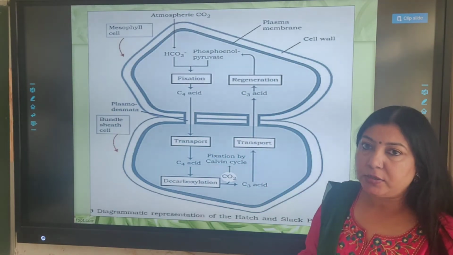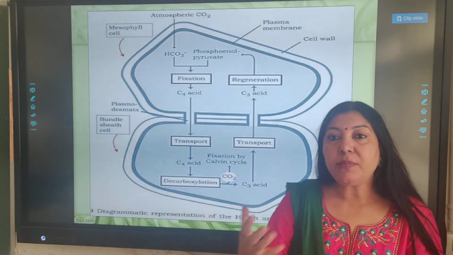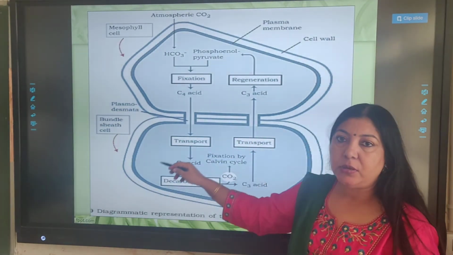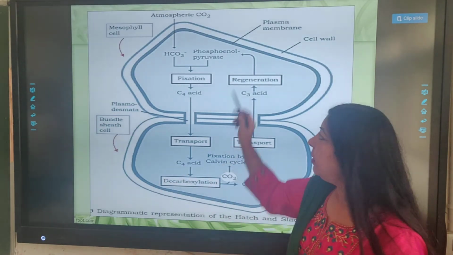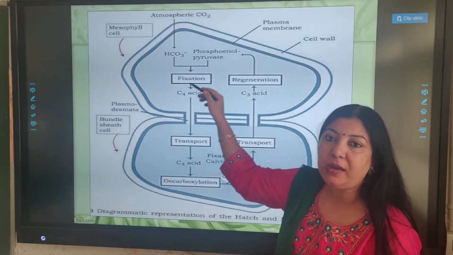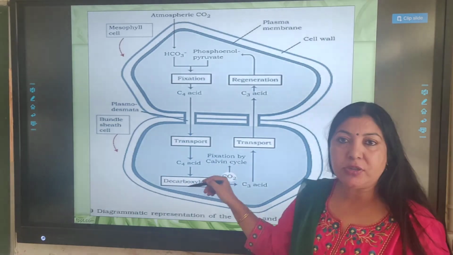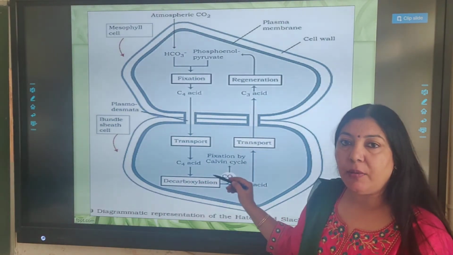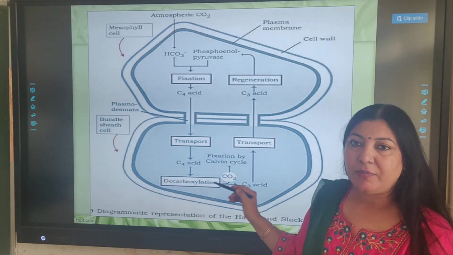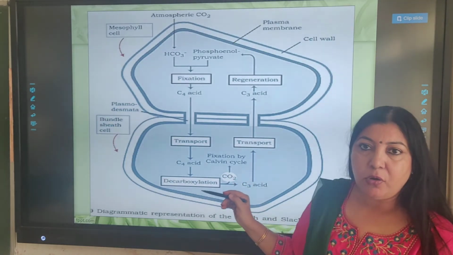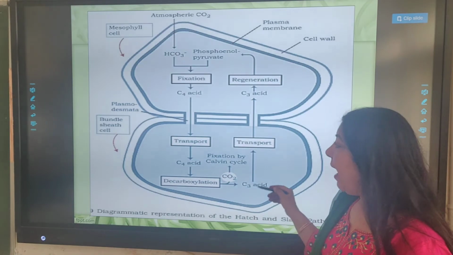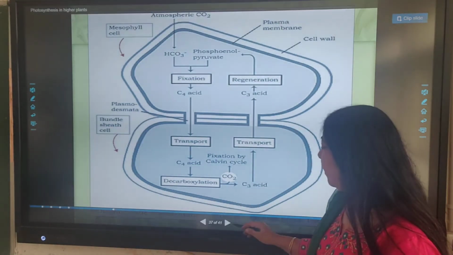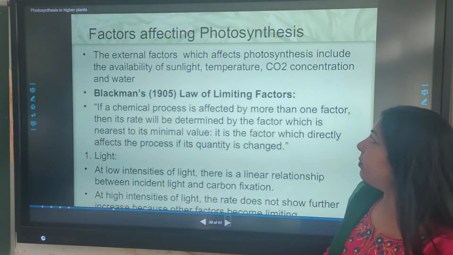So at no point does Rubisco come in contact with oxygen because here grana are not present. So light reactions will not take place. Light reactions will take place only here. Here only dark reactions will take place. So this Rubisco will never come in contact with oxygen. As a result, there will be no photorespiration and no loss of fixed carbon dioxide. So this is how this takes place.